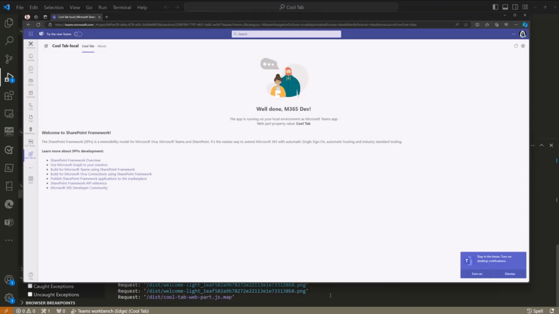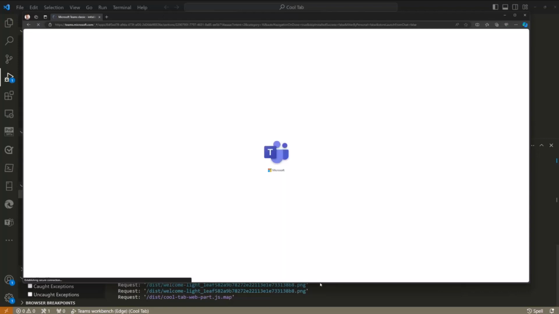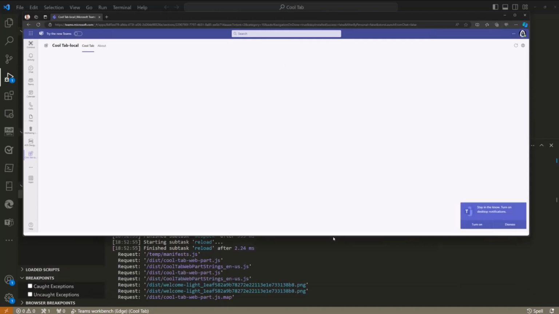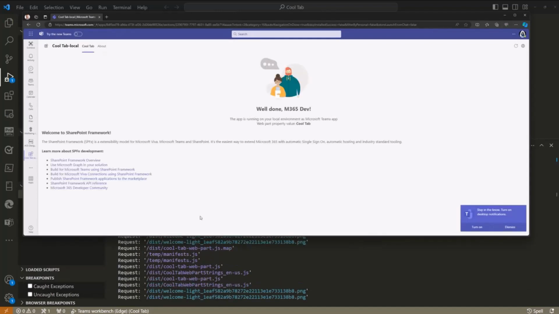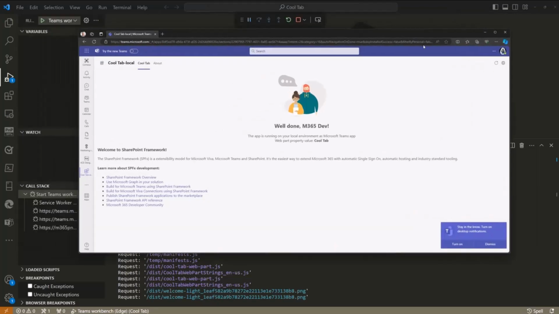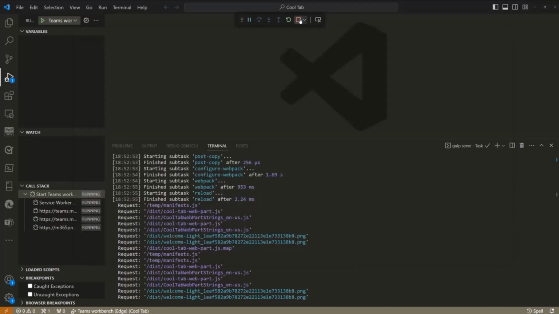And that's really cool. So we can actually see the stuff getting loaded behind the scenes. If I refresh, we can see on the output window in here all of the requests coming in, and we can start debugging. We can do F9, we can step in the code, we can check all of the variables and all of that stuff. And that's really convenient. So extremely easy to do, and awesome work by the Teams Toolkit people on making it easy to reuse or adjust the shell in the Teams Toolkit for the SharePoint Framework solution, making it super easy to adjust things.